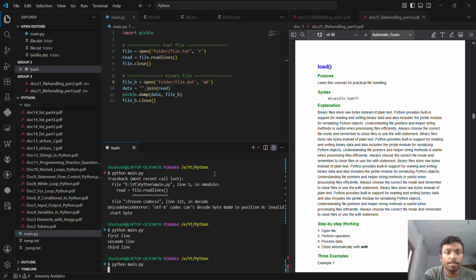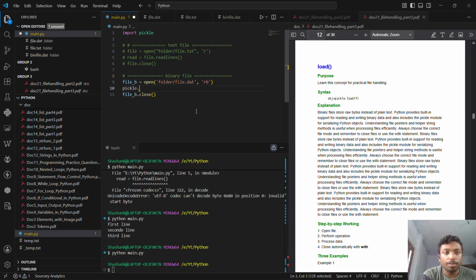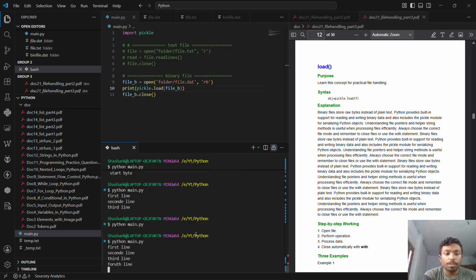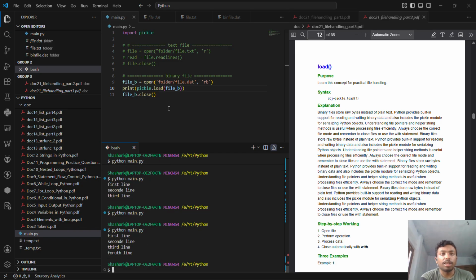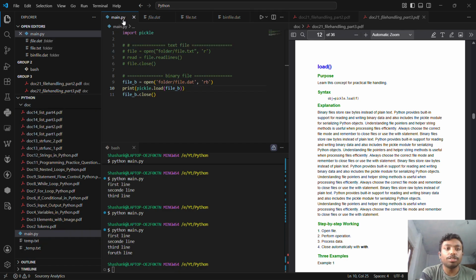Now let's run this, and after this, just redo. I'm going to redo all of this, and again save it, and if I run again, so you can see I also got the fourth line. So in this way, you can take your file.txt and save it to file.dat and verify that data from file.dat